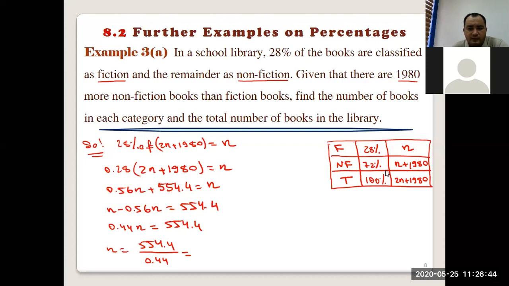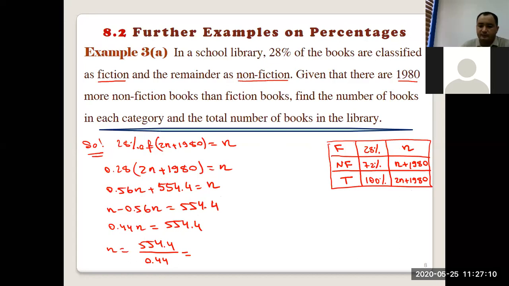Okay. 2n plus 1980 total, and 28% of 2n plus 1980 equals n. It is 0.56n, 554.4. Okay. 554.4 is divided by